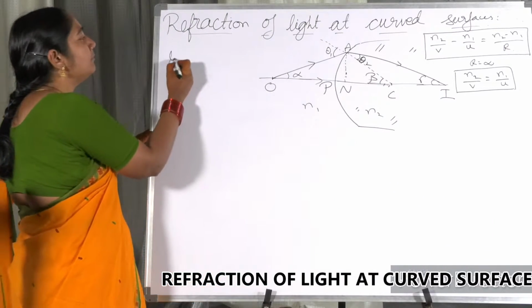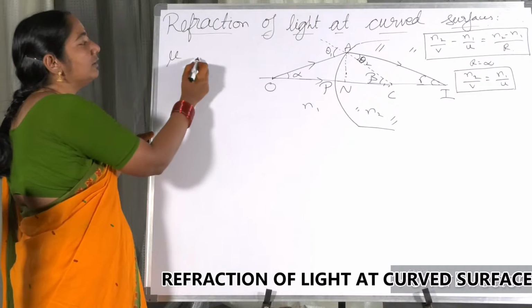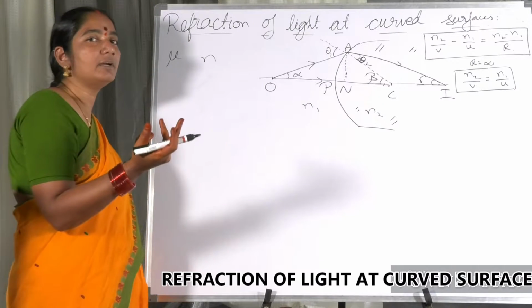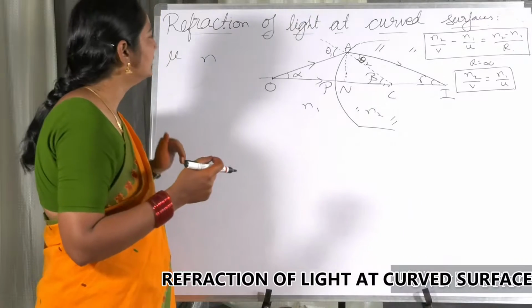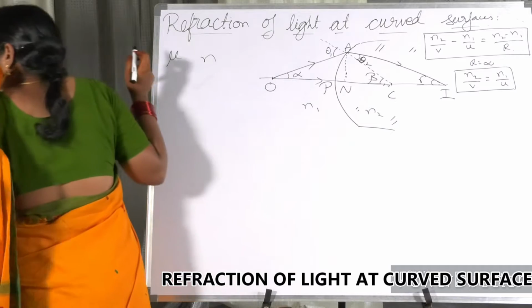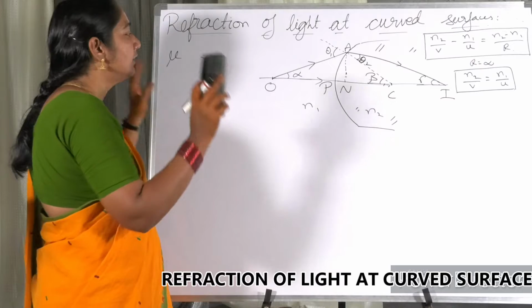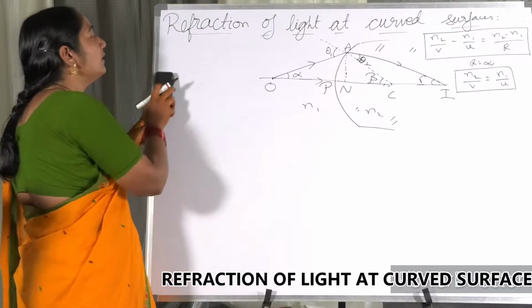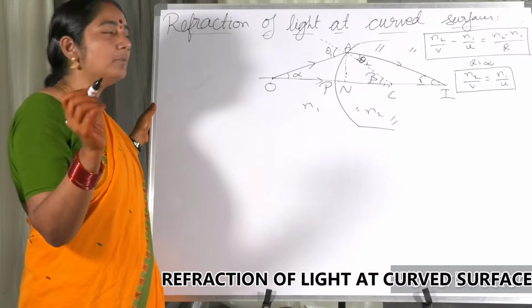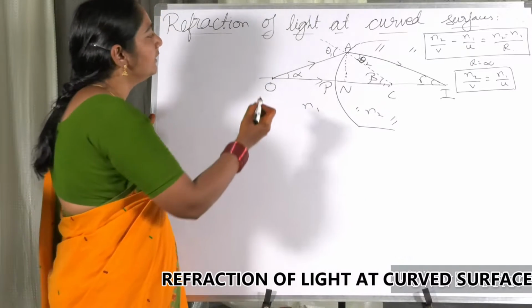Previously, we used the alphabet mu to indicate the refractive index. In some textbooks, it will be written as N. You can write either mu or N, the same. Now I am trying to use N as the alphabet. So, my dear friends, here I am using N in the place of mu, don't think otherwise. It is only indicating the refractive index. Most of the standard textbooks use mu, but in some textbooks they use N. Both mean the same. So okay, this is the object.